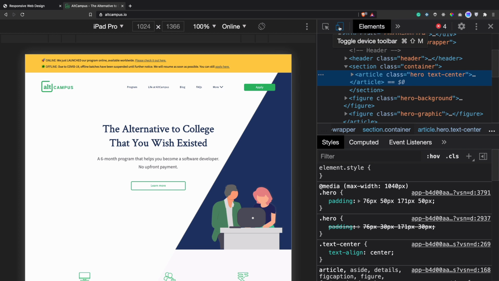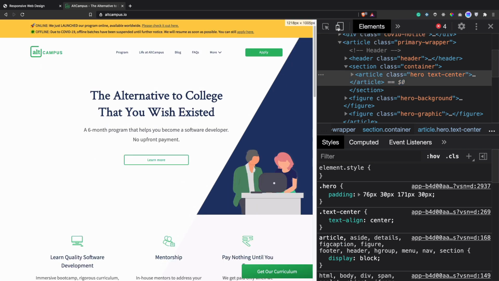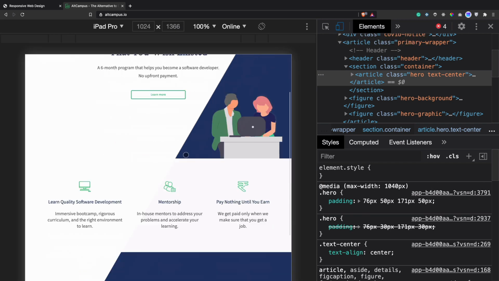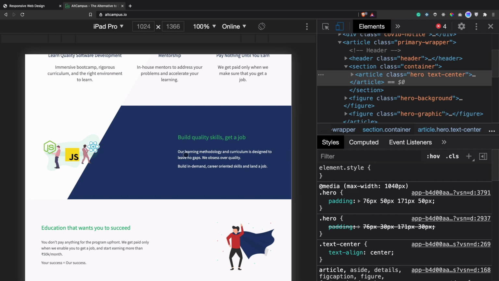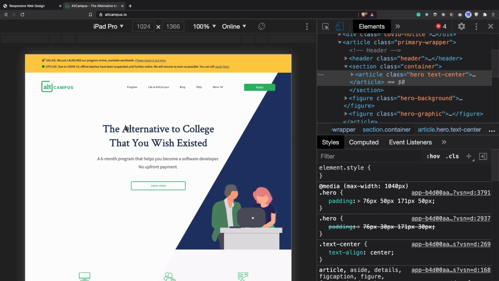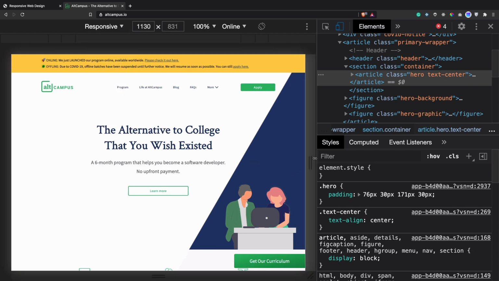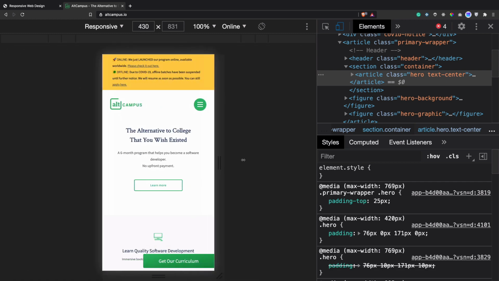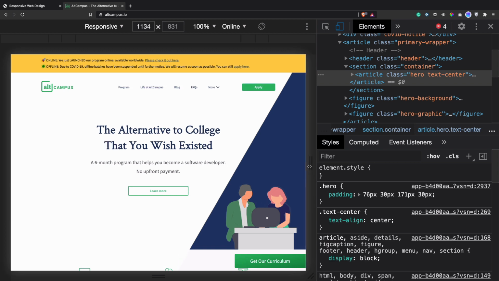Here you will find an icon for the mobile devices or for the desktop. So if you click here, you get an option to check whether the website is responsive or not. Right now we are checking our layout on iPad Pro. Let's see the responsive part. On responsive, you get an option to reduce the size of the screen and then check whether the website is responsive or not.